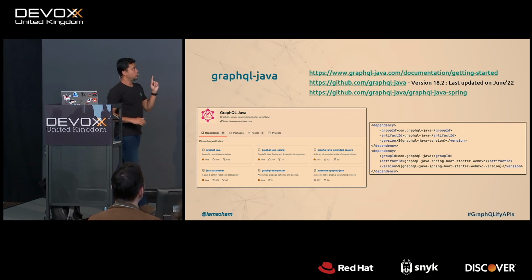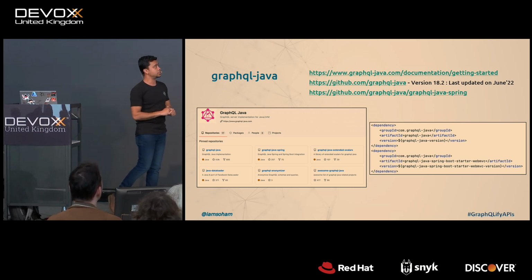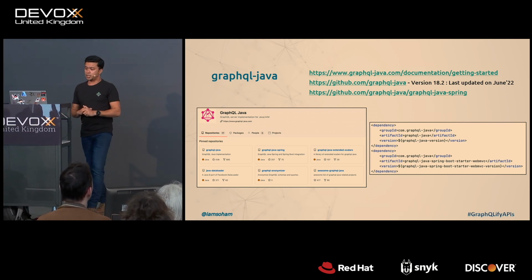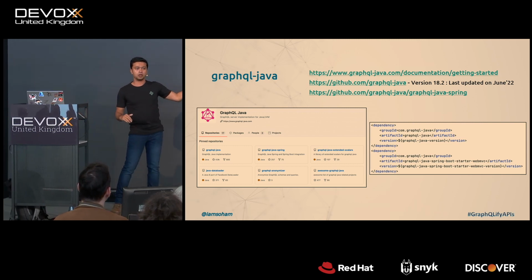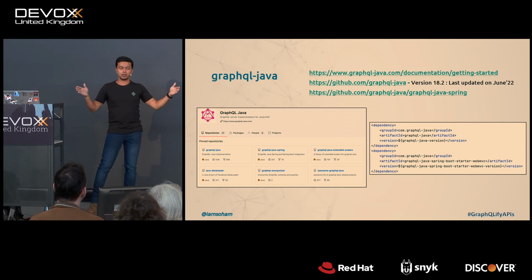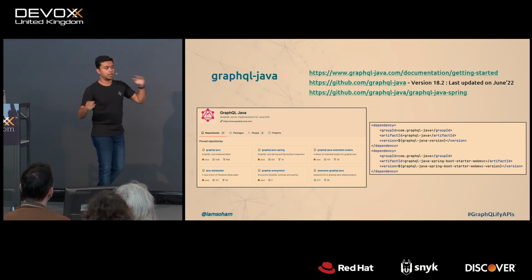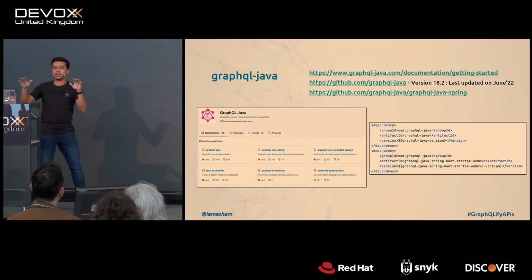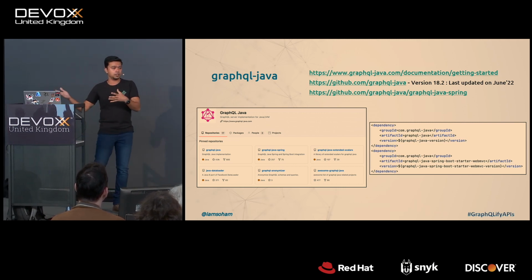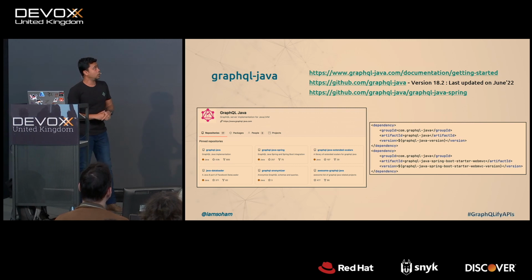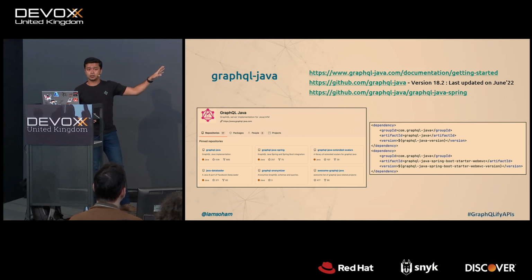Okay. First framework is GraphQL Java. Let me remind you, all those frameworks that I'm going to talk about are based on the base Java GraphQL framework. And every framework did it in a bit different way and tried to solve a different problem which they saw as important for the GraphQL community. This is the oldest one.